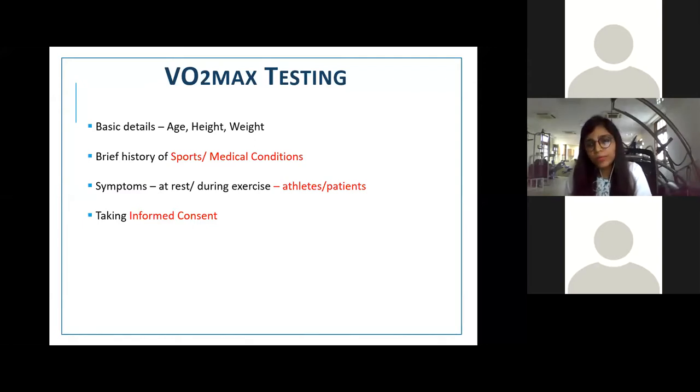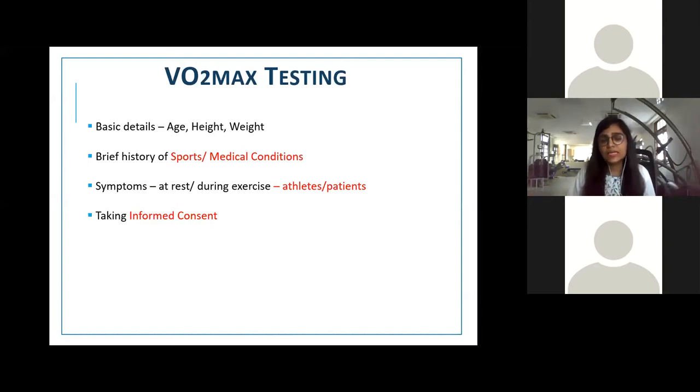One important aspect I would want to mention is that VO2 max testing is not limited to sports or athletes. In the last decade, it has been nicely used for patients who have cardiac or pulmonary conditions, and patients who have cancer. Based on the values of VO2 and other values, very important calls are taken, whether they need a heart transplant or not, and what their mortality or morbidity levels are for a particular surgery. So that is why we could do the testing for both populations. It's the extremes of health that we could look after.